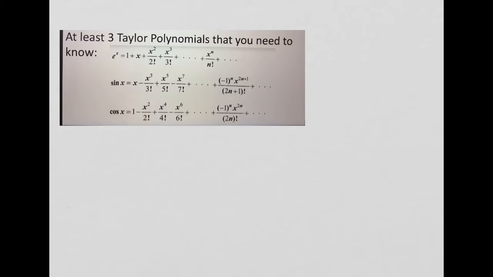Then we have cosine and sine. Sine of x, cosine of x. Well, cosine starts with a C, and alphabetically, C comes before S. So I'm going to try to memorize that one first. Okay? Well,